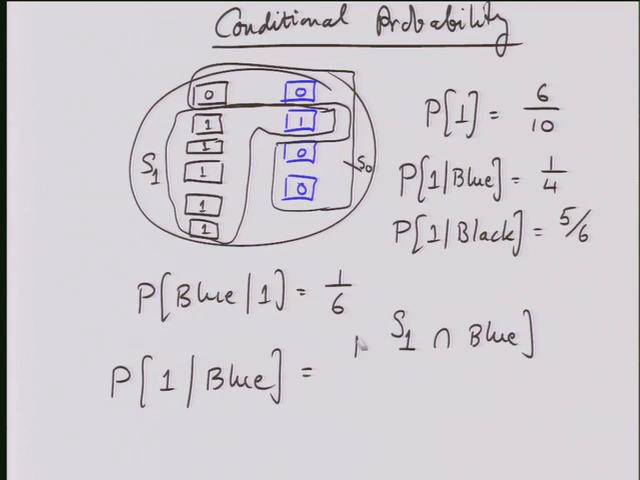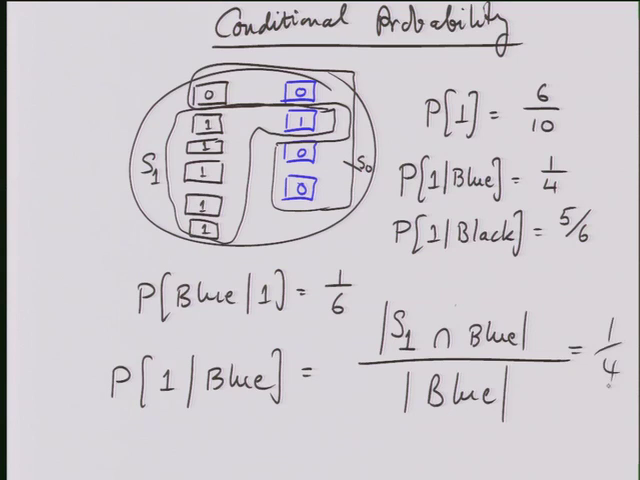It's the cardinality of this set divided by the cardinality of blue. Right? So there were exactly 4 elements in the blue set. There was exactly 1 element in the blue set which was labeled 1. And so the probability is 1 over 4. Okay? So in general, we'll say